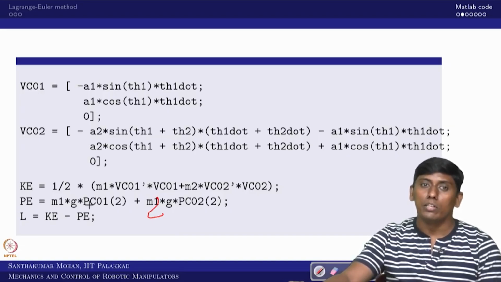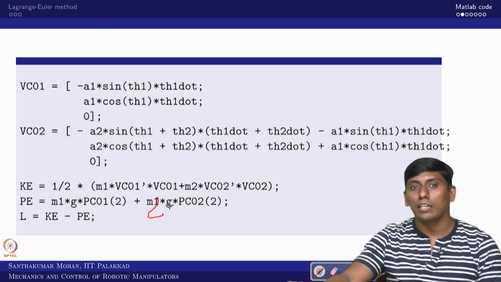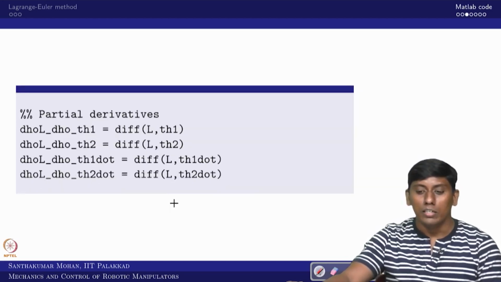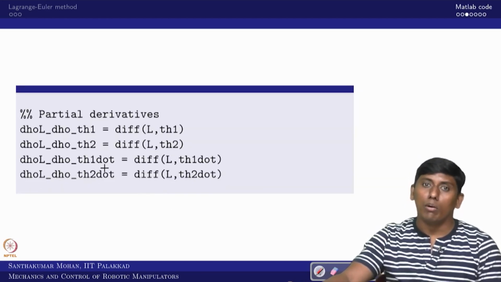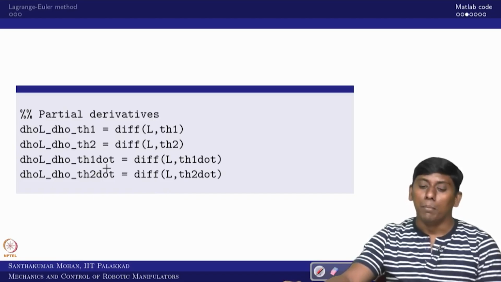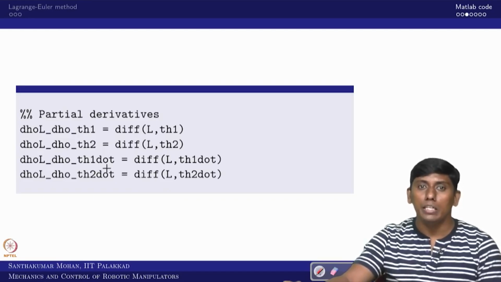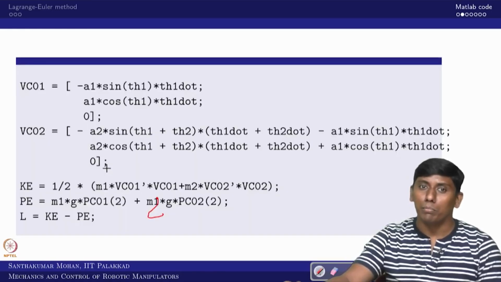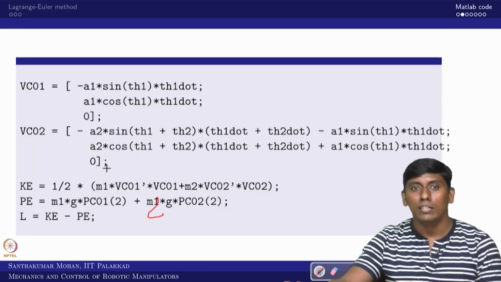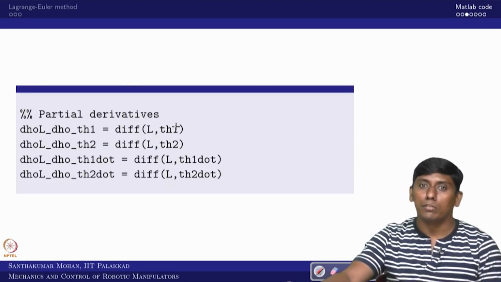So in that sense, the potential energy is given by this. The Lagrangian is the kinetic energy minus the potential energy, so we can write it. Now we need to do the partial derivative. Once you know the kinetic energy and potential energy, you calculate the Lagrangian. Then you take the partial derivative with respect to theta 1, theta 2, theta 1 dot and